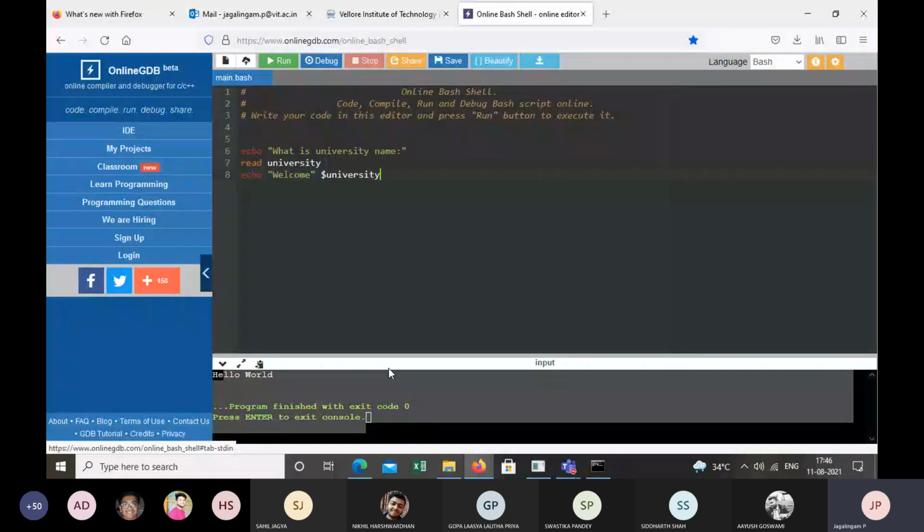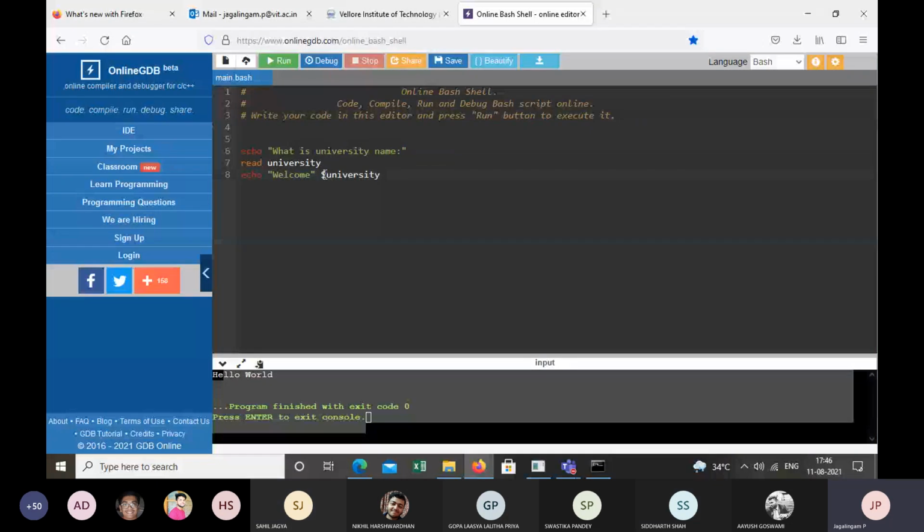Okay, and in the next line, I just want to print the statement. Therefore, I use echo. Now you have a statement welcome, and in university, whatever the user enters will be stored. Now, how are you going to read the data which is available in the variable university? For that, what is the symbol there?